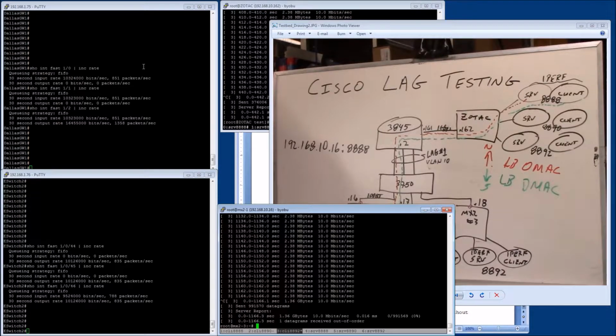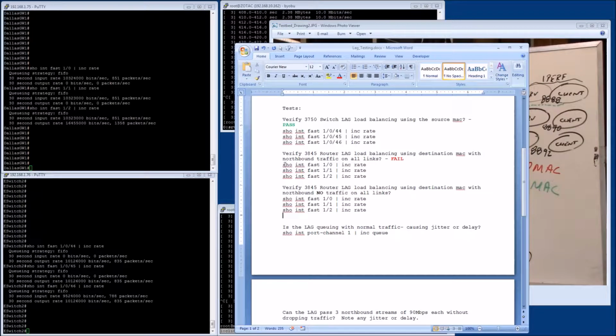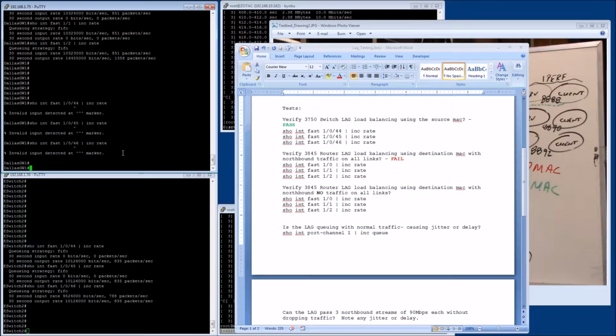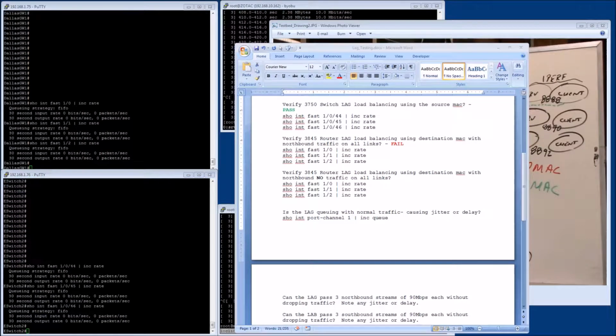And so let's let these links settle down. We can check the traffic. Copy, paste. Oops. Yeah, so let's let them settle down. We'll come back when everything's back to 0 and try that router load balancing test again. Okay, and finally, the router went to 0. It seemed like it took a lot longer than 30 seconds to go to 0. But anyway,